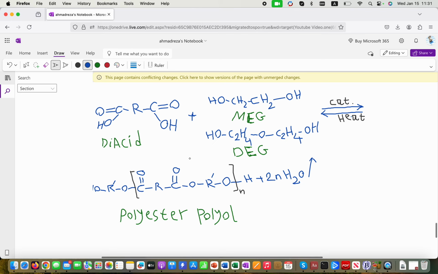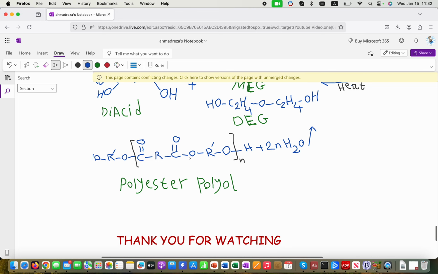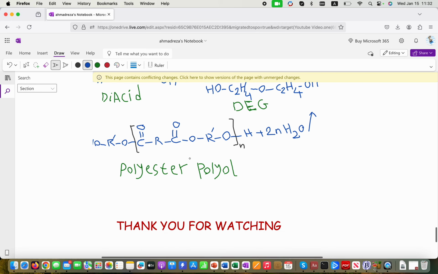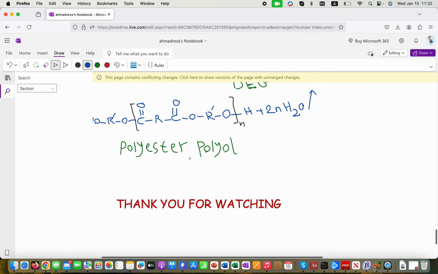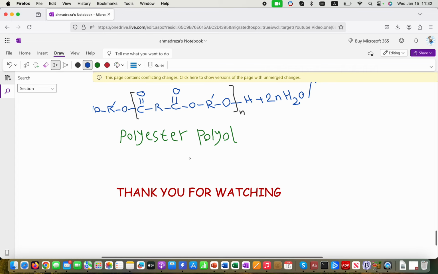So it means that the selection of the polyol, polyether, polyester, and also the type of isocyanate are very important in designing practical and useful polyurethane systems